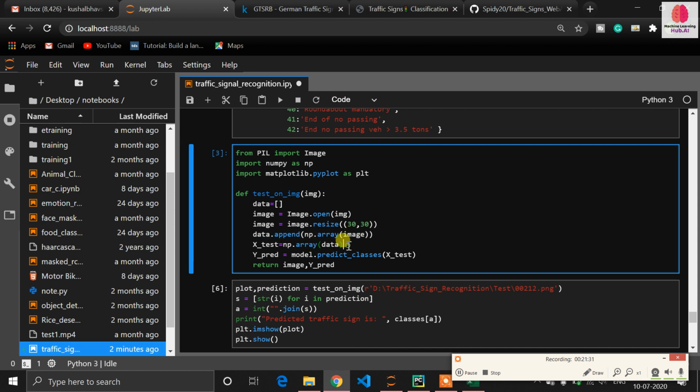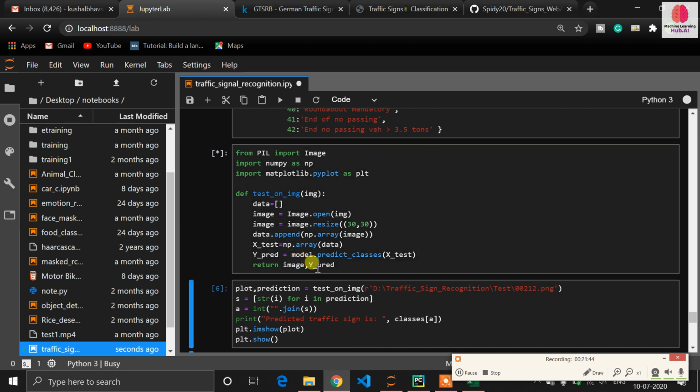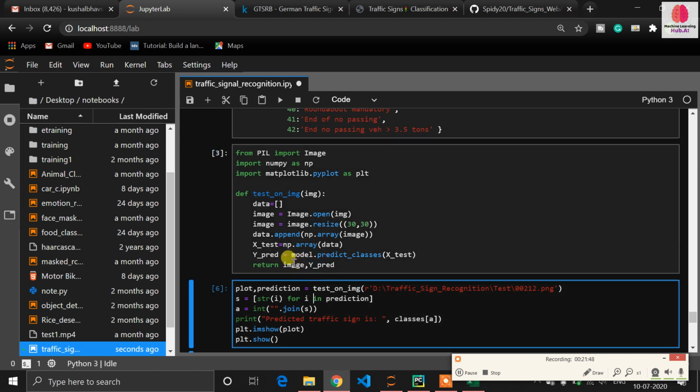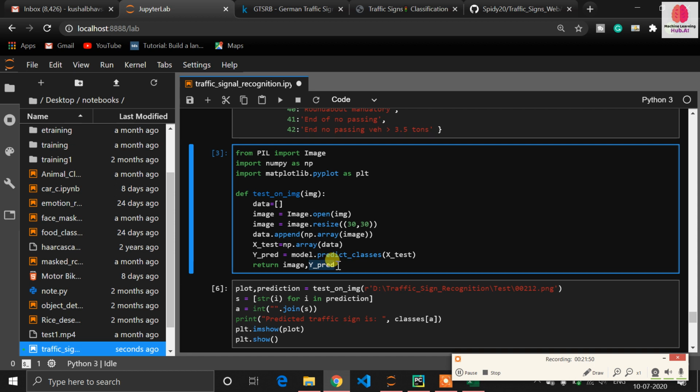But at the end we also predict the class, meaning we do prediction on that image, and it returns a prediction. So it returns the image and the prediction. You need to understand, I want to get the prediction, so that's why I'm returning it. But I also want to plot my image on matplotlib, that's why I'm returning my image.